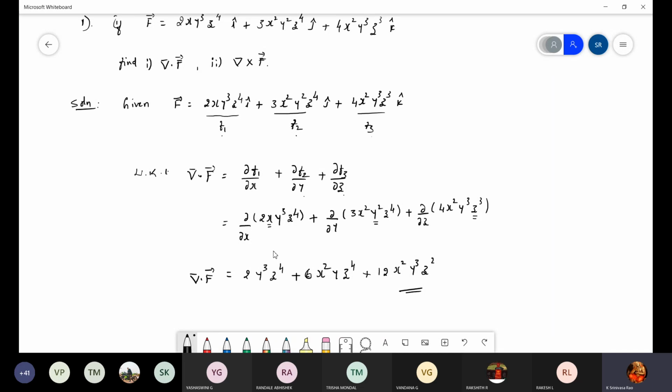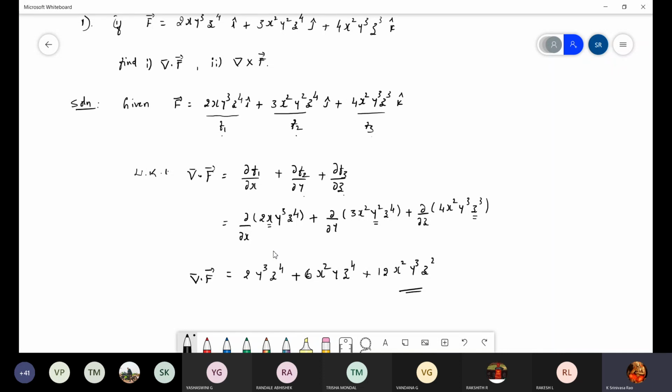So div f, if you calculate, you will get 3 marks. Curl f, 3 marks. So like that, we will split the marks. So in mathematics, whatever concepts you know, even if you don't know the complete answer, you attend the question and write whatever you know, the general formula. Like that, we will give at least 1 or 2 or 3 marks. 50% of marks you can score, so your total marks will be increased.